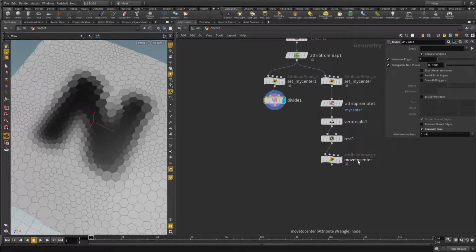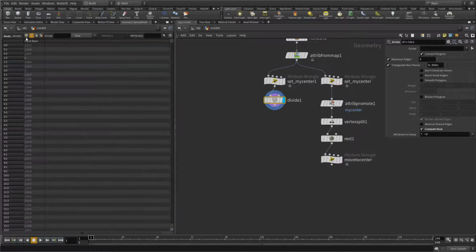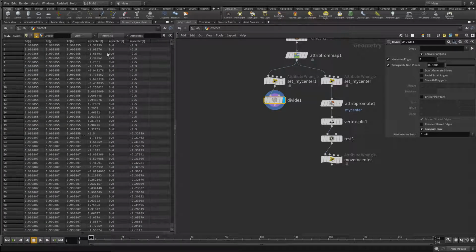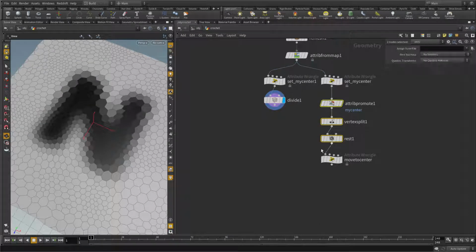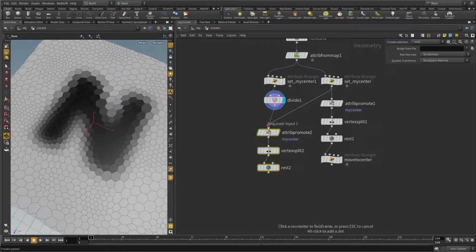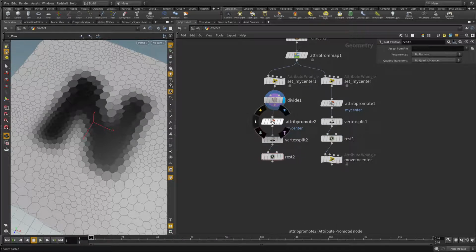And fortunately, the divide sub will use the point attributes that are incoming to swap them to the primitives. So if you check here on the geometry spreadsheet on primitive level, you will find my center here on primitives, although it has been on the points before, because it will be swapped by the divide sub. So the next thing can be just copied. We copy the attribute promote, the vertex split, and the rest. Let's copy all these three nodes over to the other side, because we do exactly the same thing now that we have the